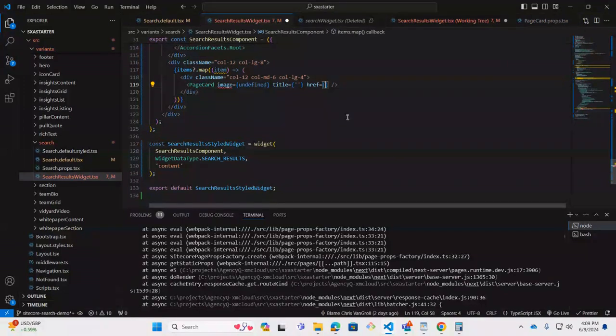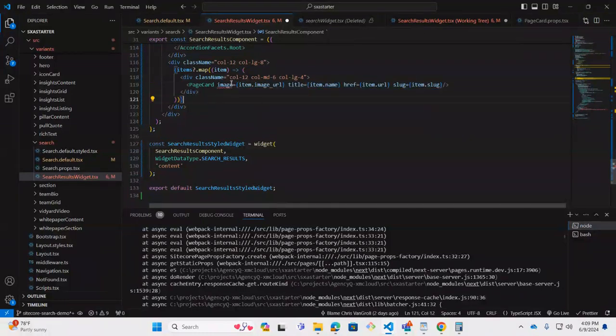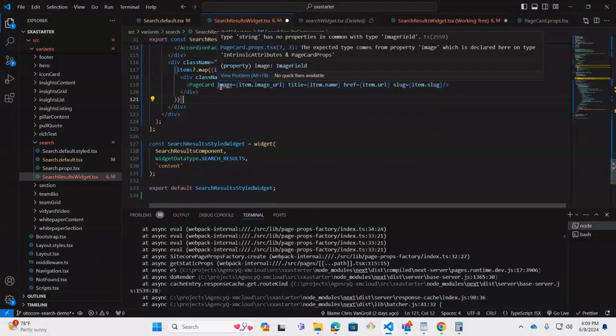Okay, href is item.url. Slug is item.slug. Title is going to be the name, I believe. Item.name. And image is item.imageURL. Type string has no properties. Okay, so it wants a